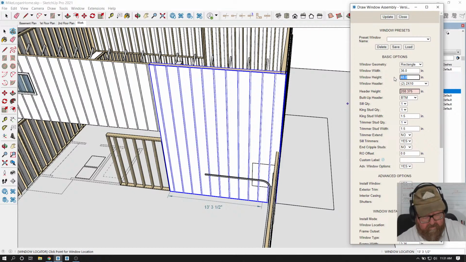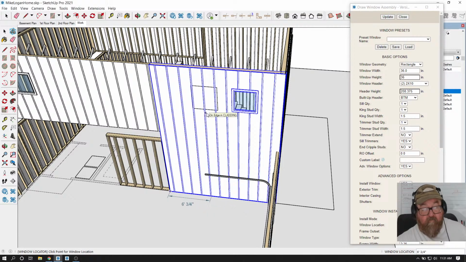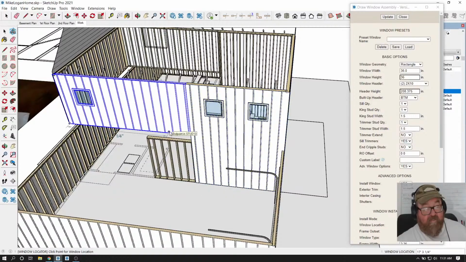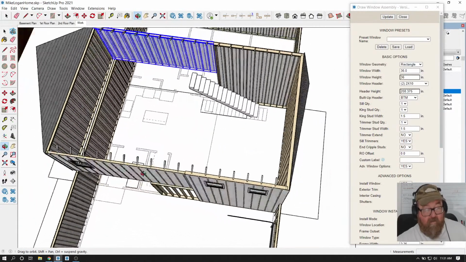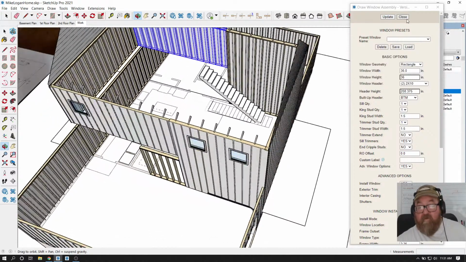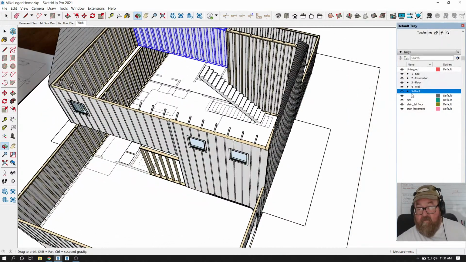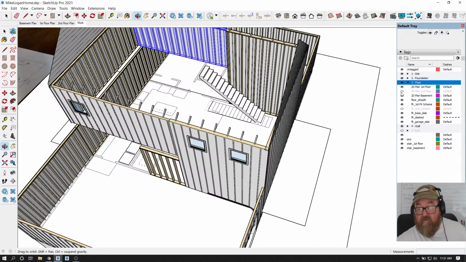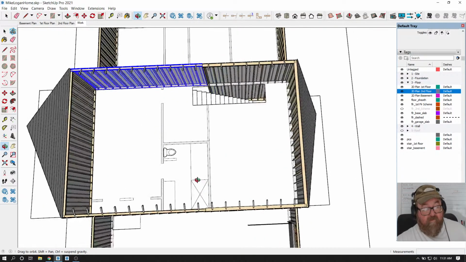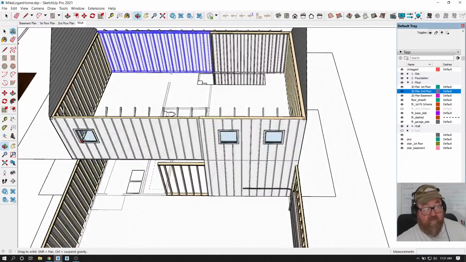This would be 36. Update. So we probably want two of them. And I'm just going to kind of put them up there like that. And where's the second floor? Where's the second floor? Yeah, we wanted to, it was going to be, oh, that's right. This has got a,